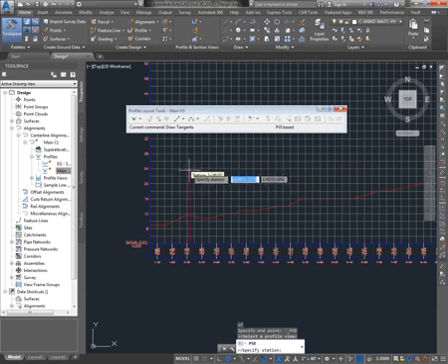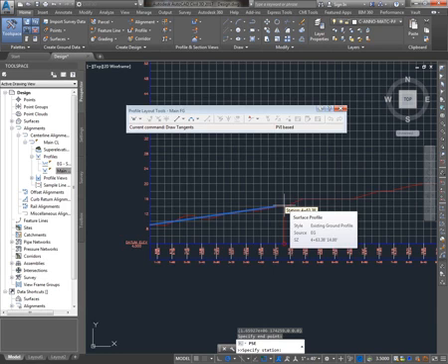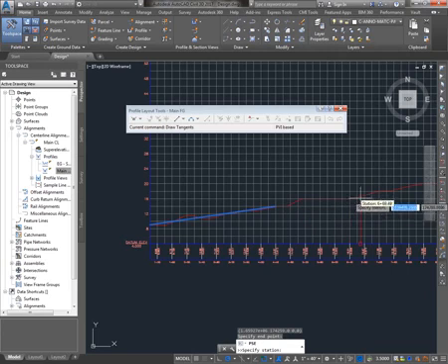Select a profile view. And now I get to choose for my second point a station, either graphically or by typing it in, and an elevation. And it draws my first segment. Now I can keep going with profile station elevation by choosing another or the next station and elevation. Alternatively, if I want to use a different transparent command, or maybe just select points graphically, I can hit escape